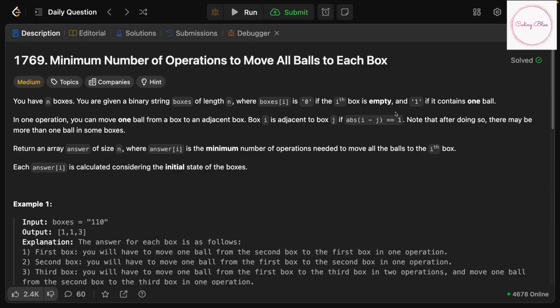Hi everyone, let's look at LeetCode problem 1769: Minimum number of operations to move all balls to each box. You have n boxes. You are given a binary string boxes of length n. As you can see, you are given a string like this, where boxes[i] is 0 if the